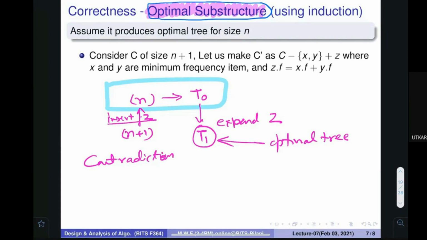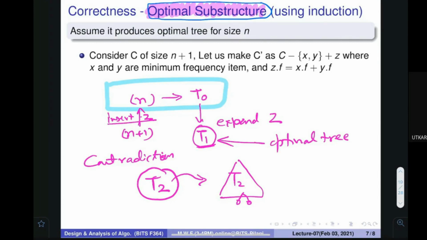I say, okay, you are not believing my claim. Let's assume that there is another tree that is optimal, and this is a different tree. In that tree, where are x and y? There is an x and y there at the bottom.